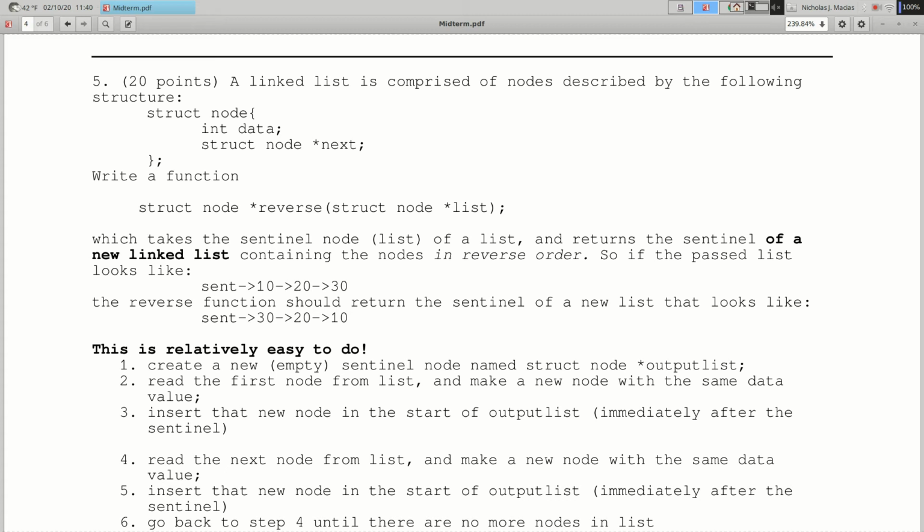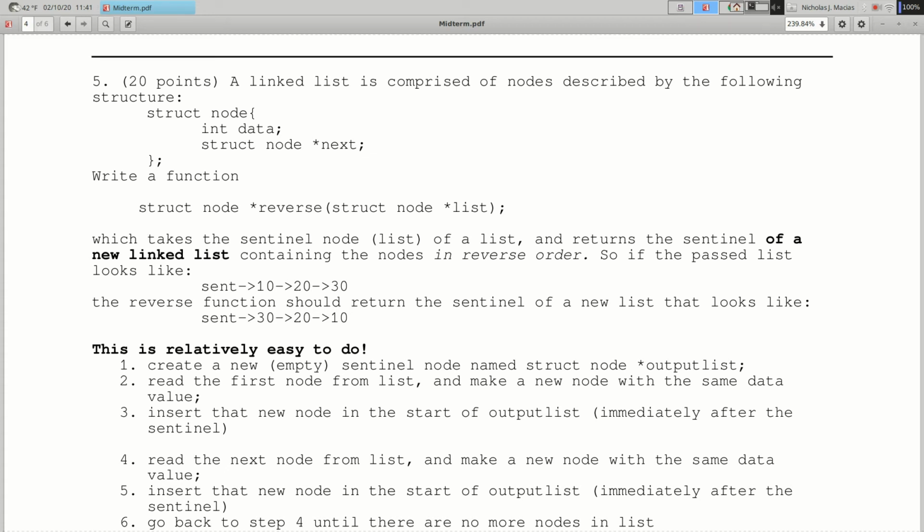So new linked list, you can't use the original sentinel. You've got to make a new sentinel, and you can't just change the links in the original list to point in the other direction, because then you're destroying the original list. I had a note on the board, don't change the original list.